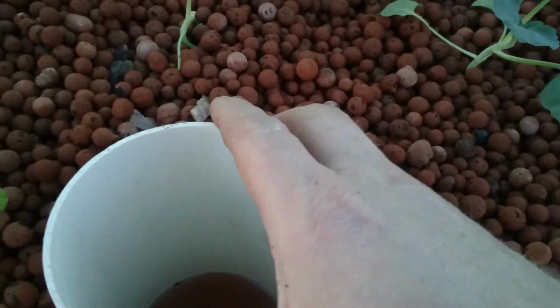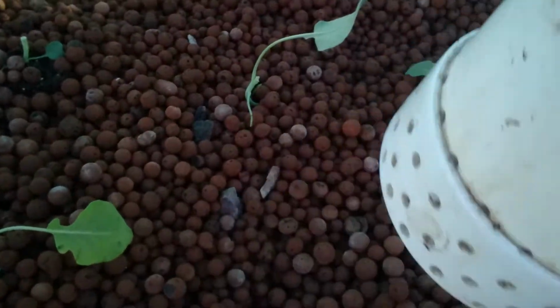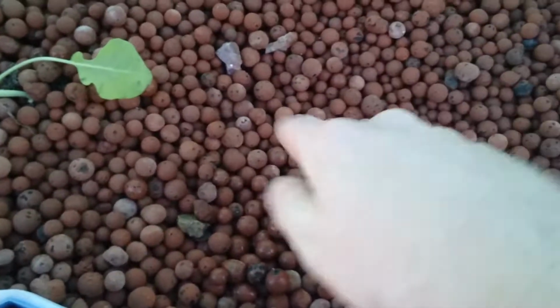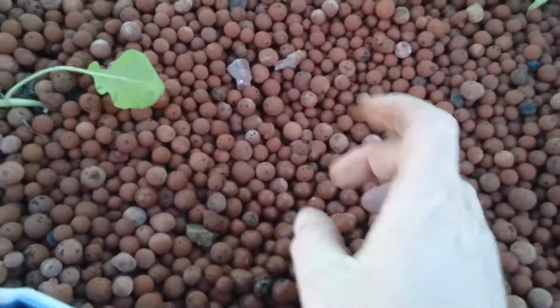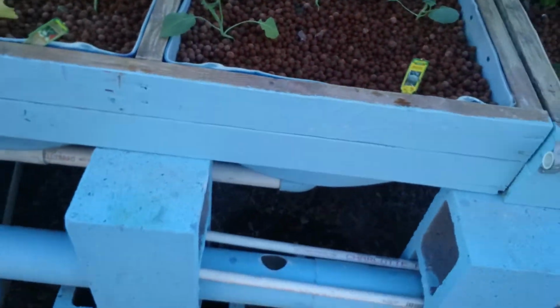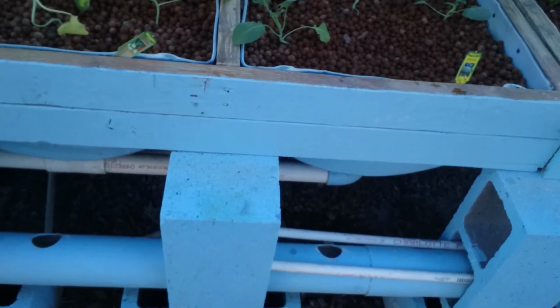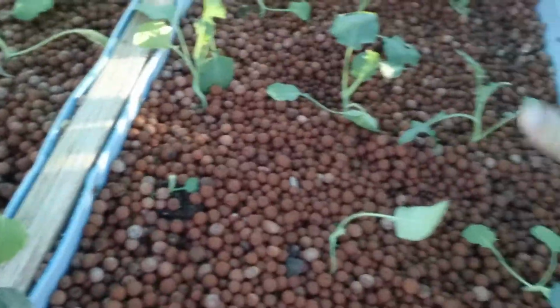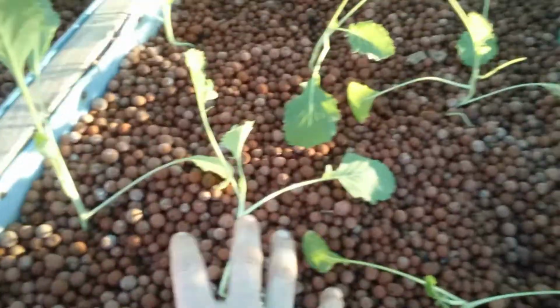I got rid of the bell siphons. Like here you can see this is what they looked like, but I can just take that right out. I don't even need that anymore. And then down at the bottom here, I have a 1.5 inch PVC tube with an end cap on it. And then I just took a saw and sliced a bunch of holes around that thing so that the water could drain out, and I can now utilize the entire grow bed without having a bell siphon